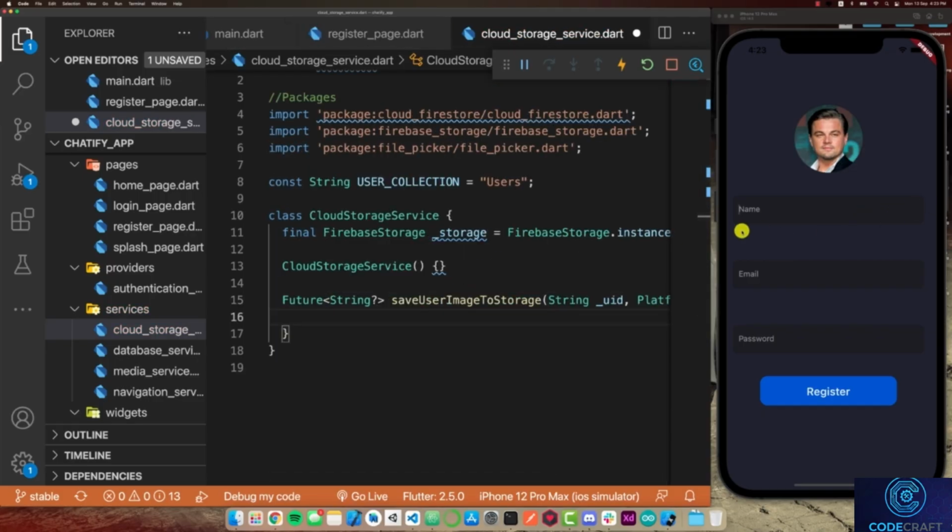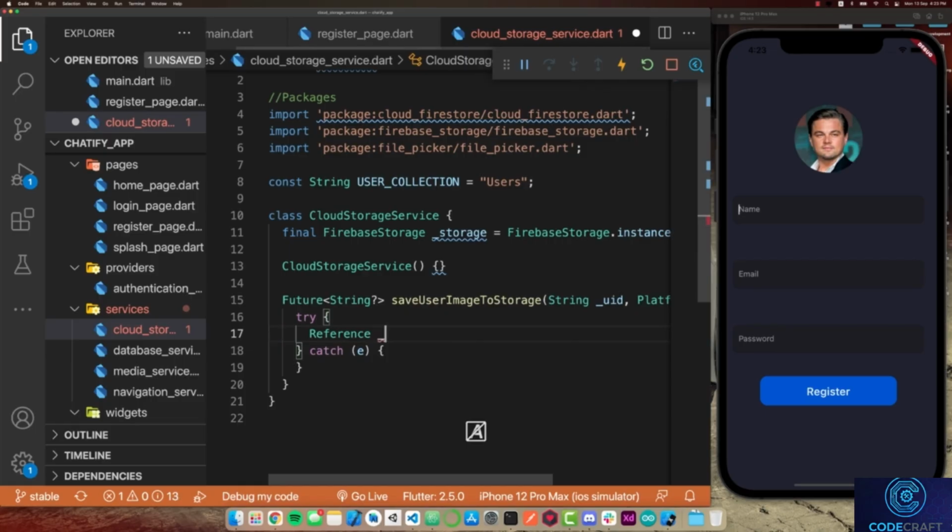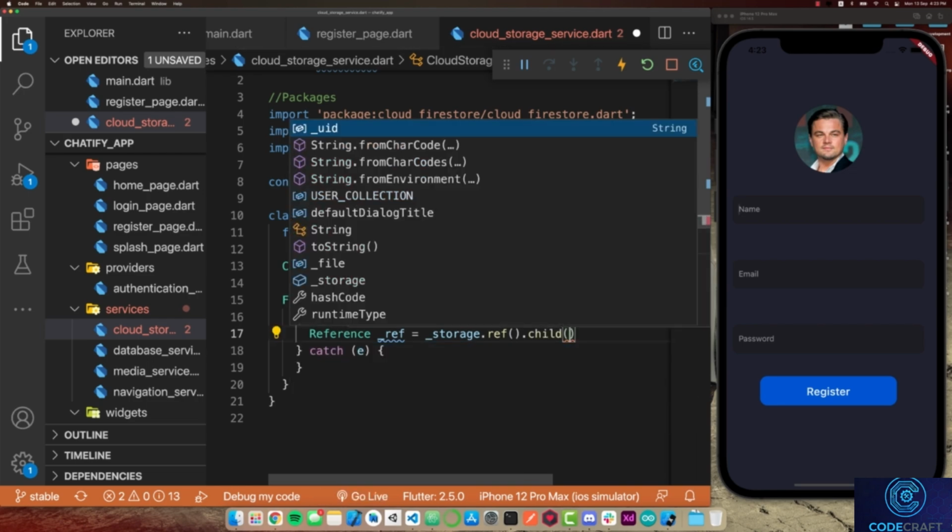Now the first thing that we're going to do is create a try-catch block, and inside of the try block the first thing that I have to do is get a reference to the location where I want to store my image. So that is going to be of type Reference. I'll call it _ref, and I'll set that equal to storage.reference.child, and then the child is going to be the path